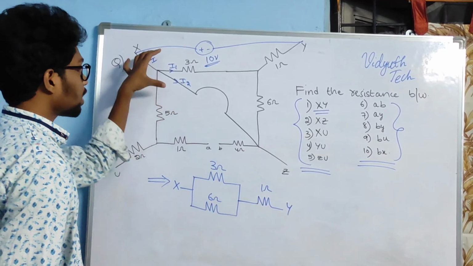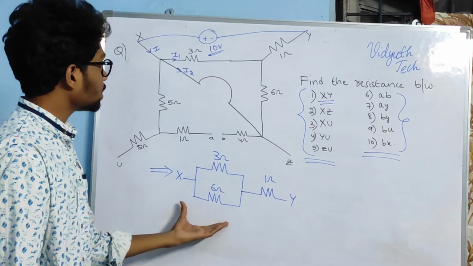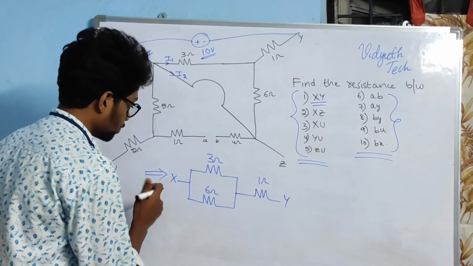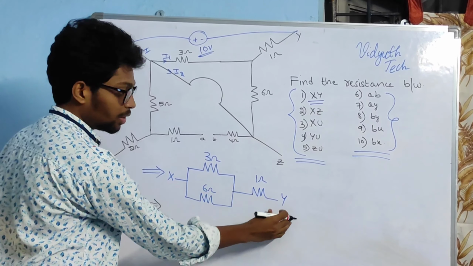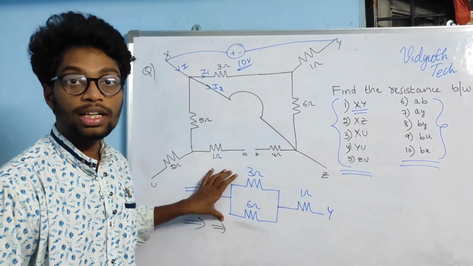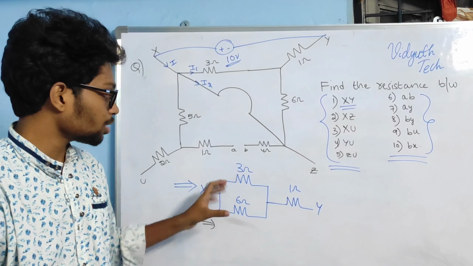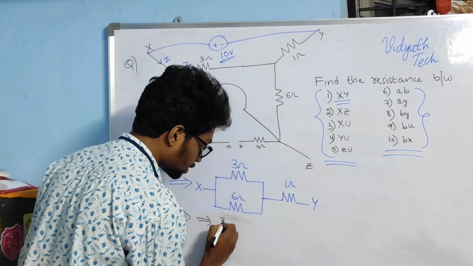So it's very easy, friends. Now after drawing the voltage source and getting the currents, it's very easy. But when you see it directly, it would be very complicated. So solve this, and you will get the resistance between X and Y. Here you can see that 3 ohms and 6 ohms are connected in parallel. So R equivalent for 3 ohms and 6 ohms connected in parallel is 3 into 6 by 3 plus 6.